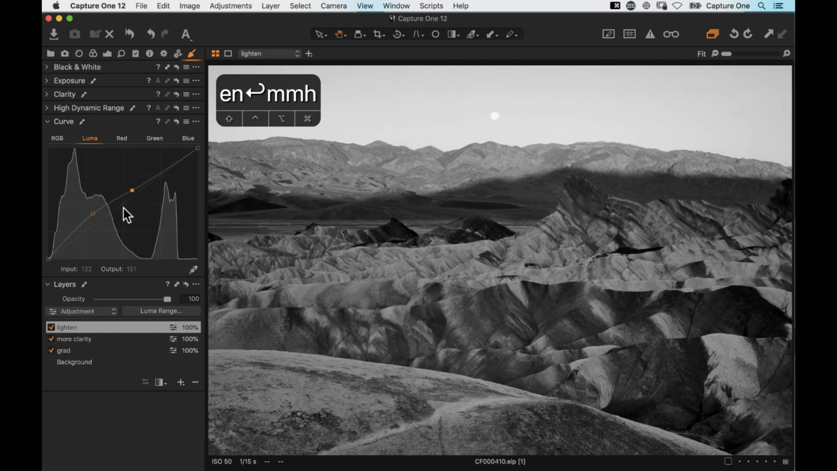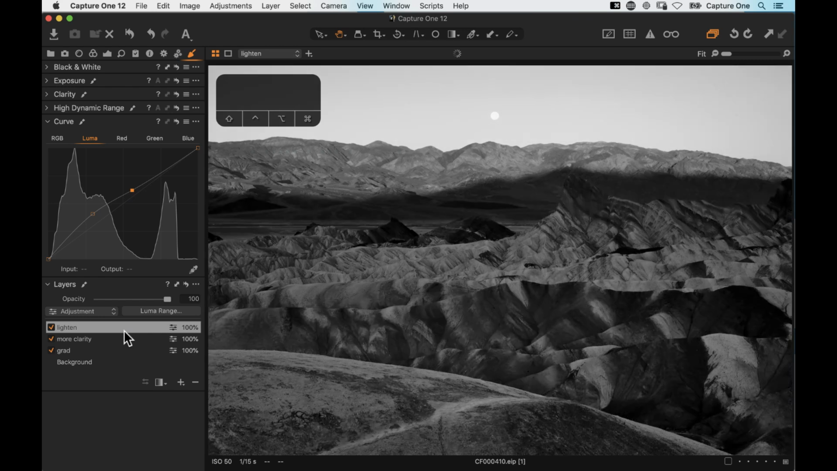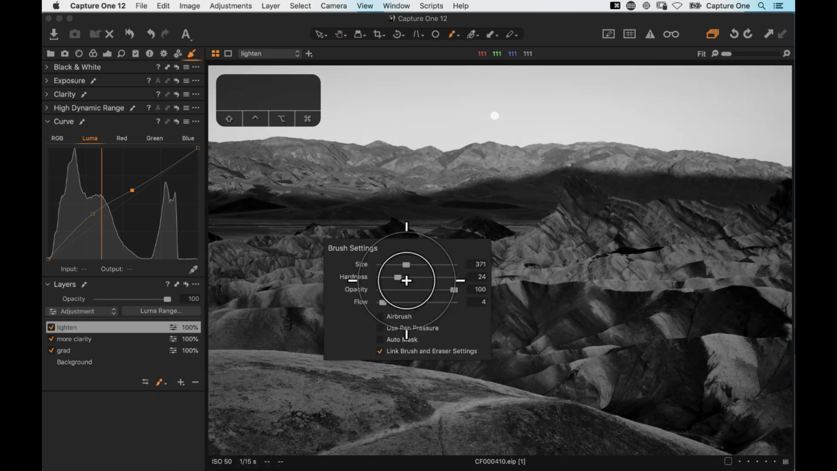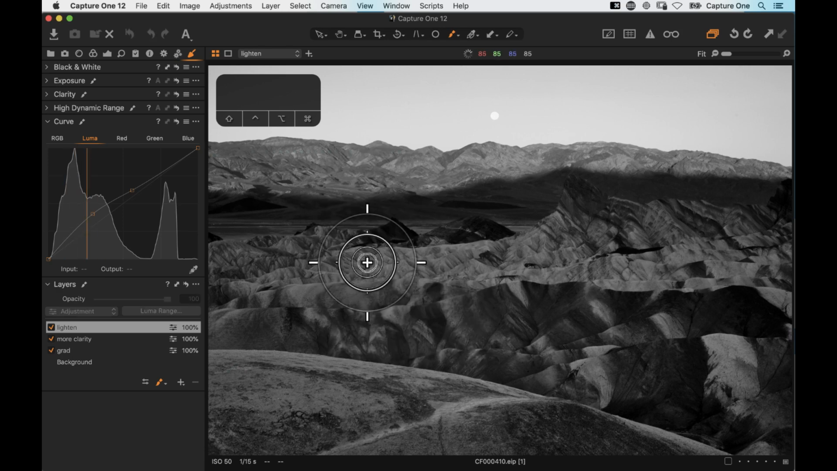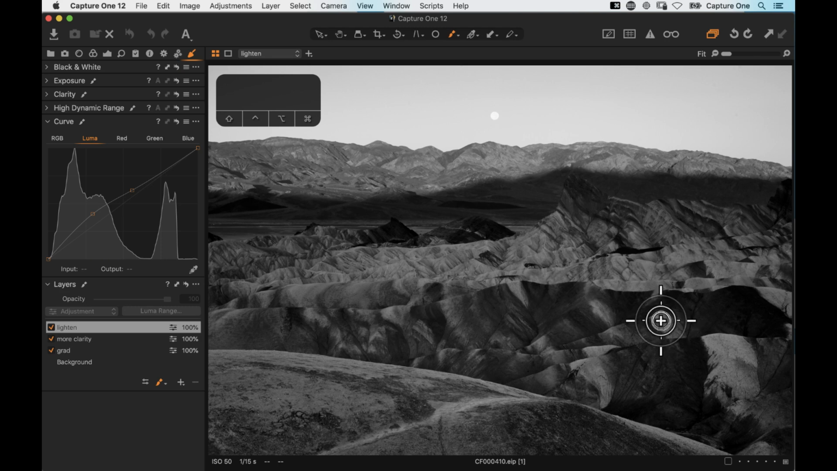So now I'm happy with that adjustment. I can right click, clear the mask, grab my brush once again, nice low flow, so down at 4% again, and then we can just selectively lighten any of these spots. So I'm just going to lighten this mid-ground a little bit, and then maybe some of the stripy bits on the rocks. So around here,